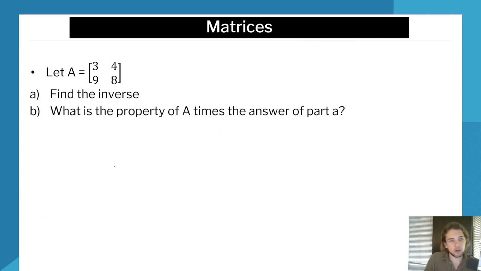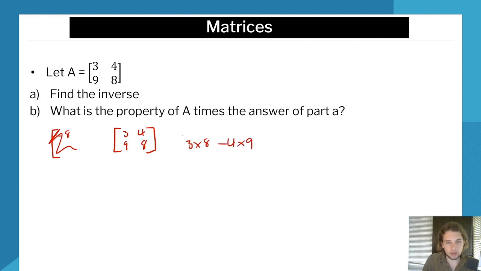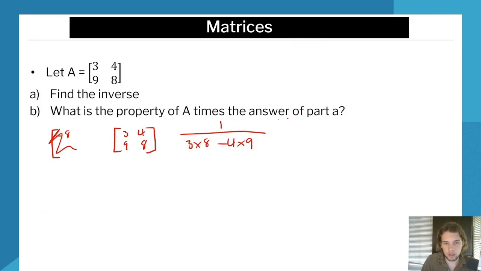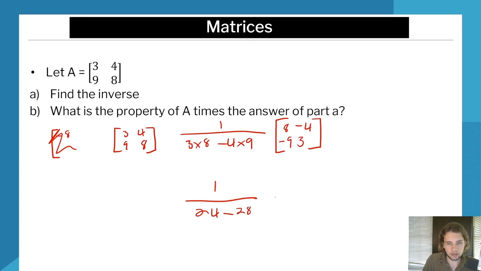Find the inverse. So first I'm going to do the determinant. We have 3, 4, 9, 8. The determinant will be 3 times 8 minus 4 times 9. And for this formula here, we have to put 1 over that determinant. And then this factor over here, we flip the 3 and the 8, and we put -9 and -4 here. So that is 1 over 24 minus 28,